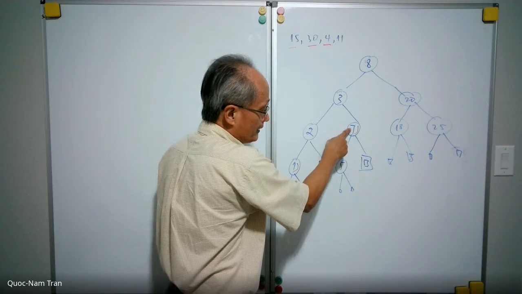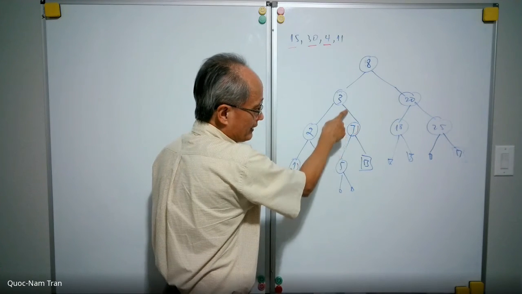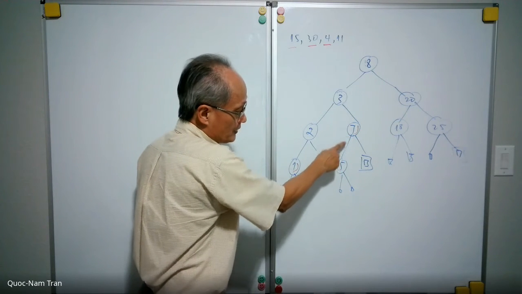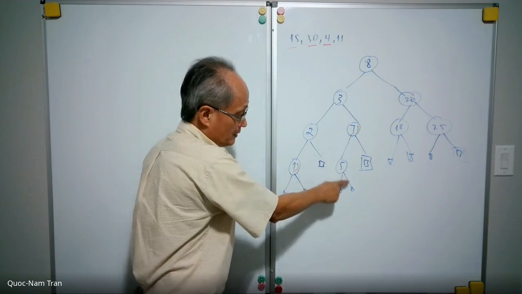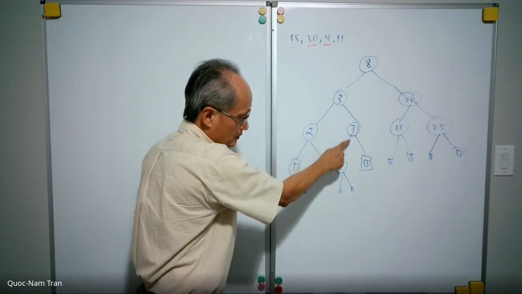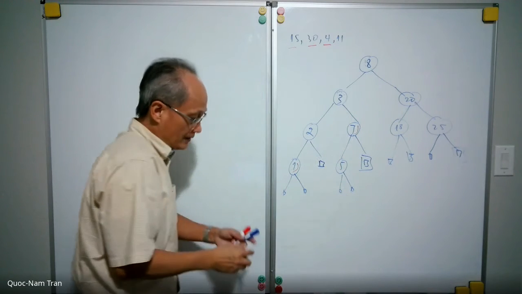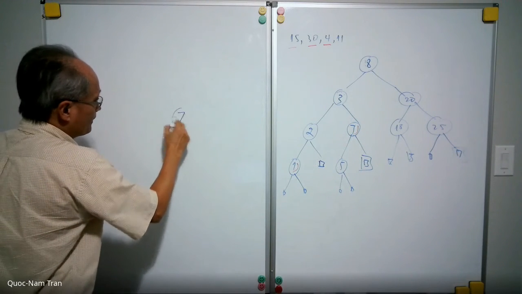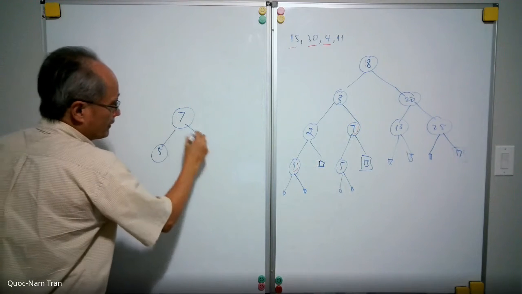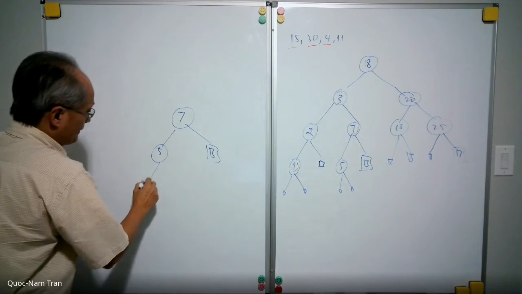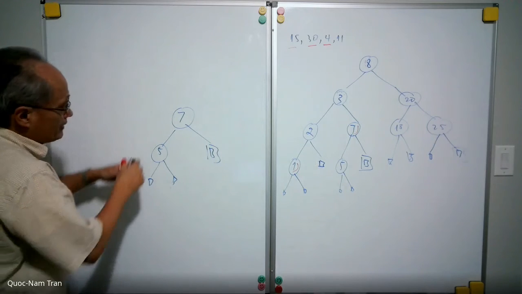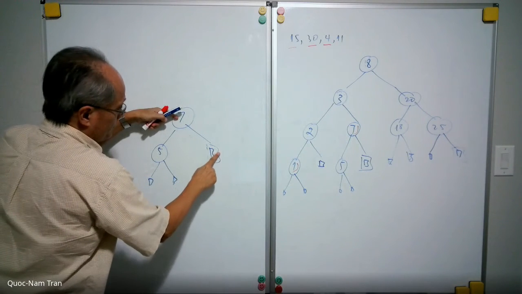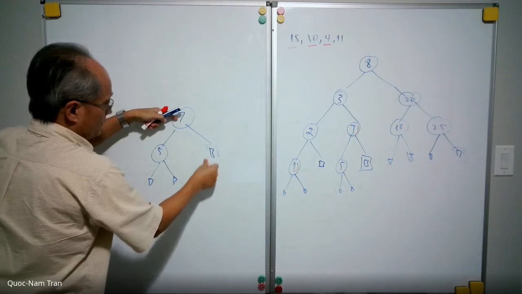But if we increase the black count for this one by removing the red, then we have to reduce the number of blacks on the branches going to the left here, right? So in other words, here we have 7, and then 5, and then double black, right? So if we change this one from red to black, then we can remove the additional black for this node,